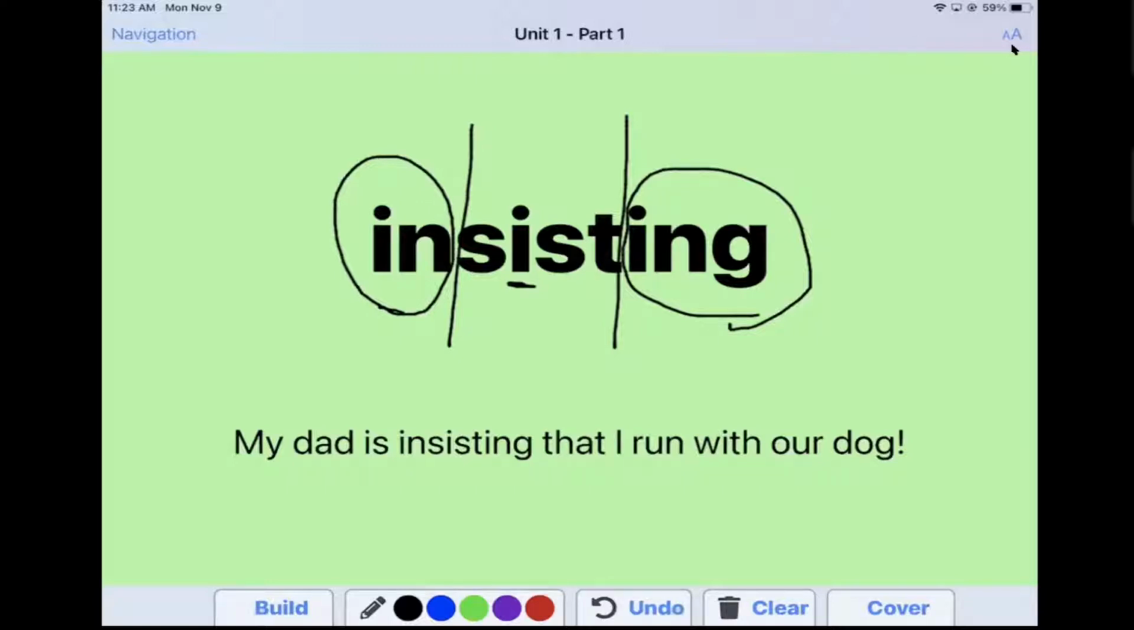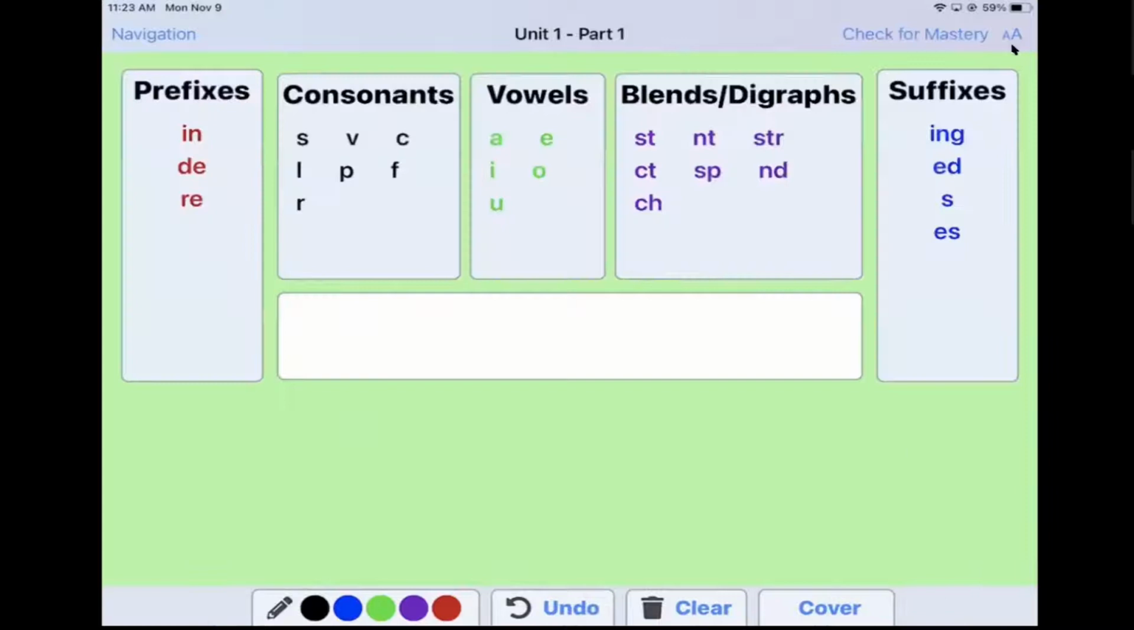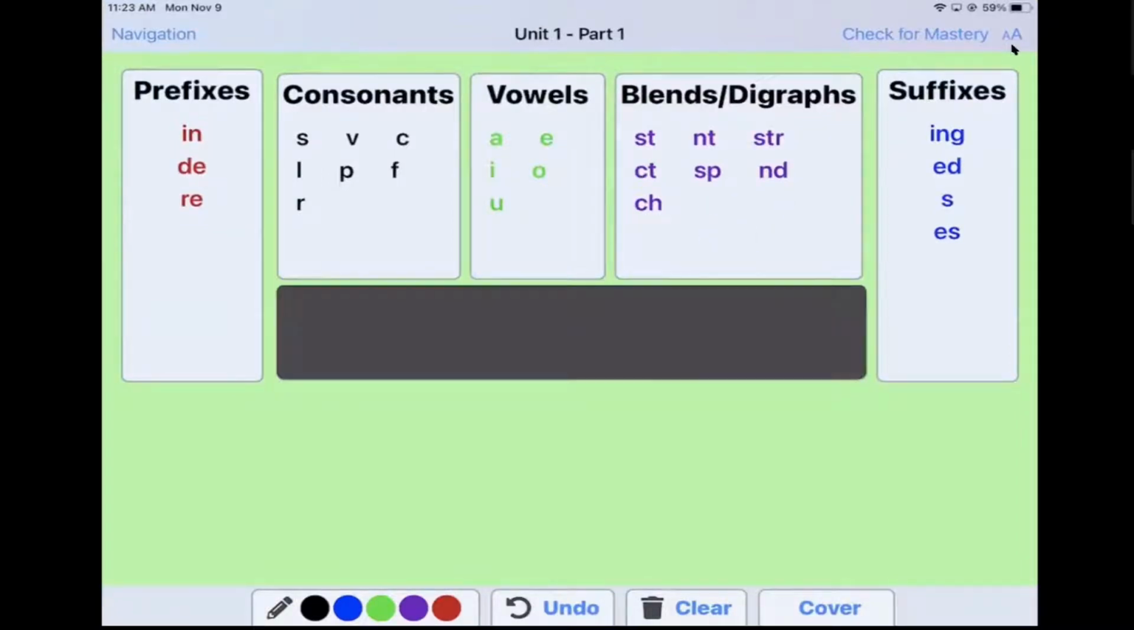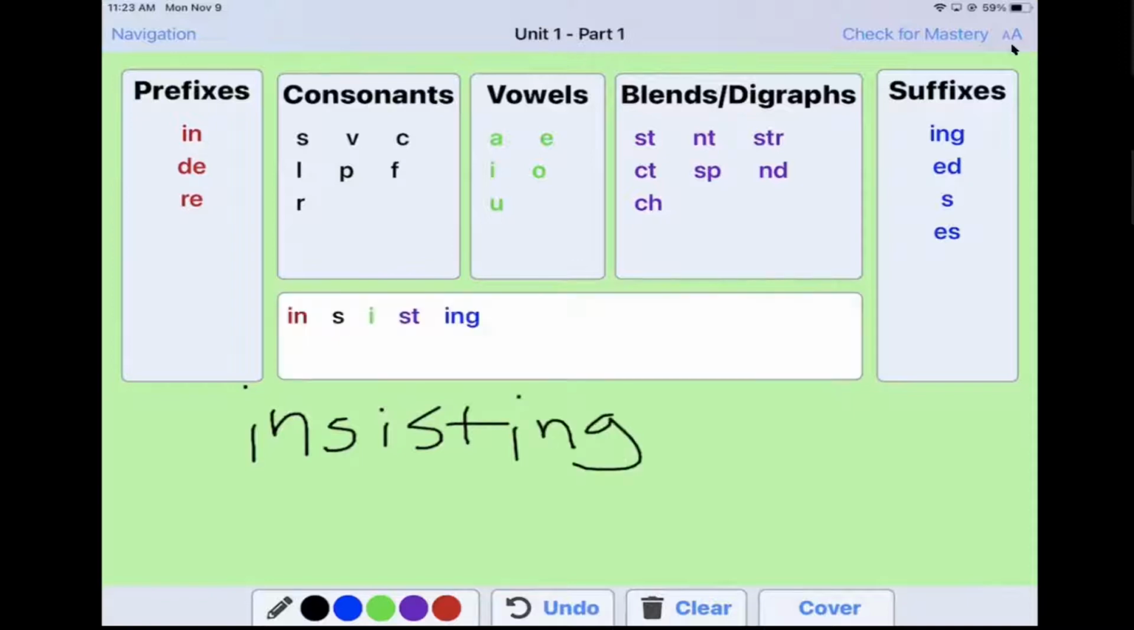After I've broken down the word, I can select Build. Here I'm taken to a screen with color-coded word parts, and I build the target word. In, I, st, ing, insisting. Next, I cover the word, and I write it again. In, ist, ing. I uncover and check the word insisting,